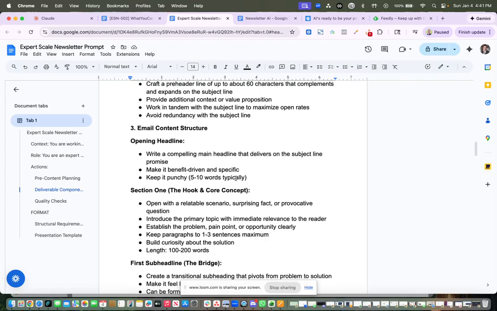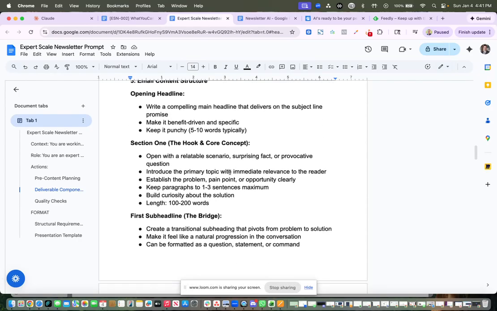Now, when we talked about the framework in the last video, we didn't really talk about the content structure, right? There are dozens and dozens, if not thousands of different content structures for emails out there because there are literally millions of email newsletters out there. What I would encourage you to do is find a newsletter or two in your niche that you like and just model that. That's what I did when I created this newsletter, where I was like, okay, I want an